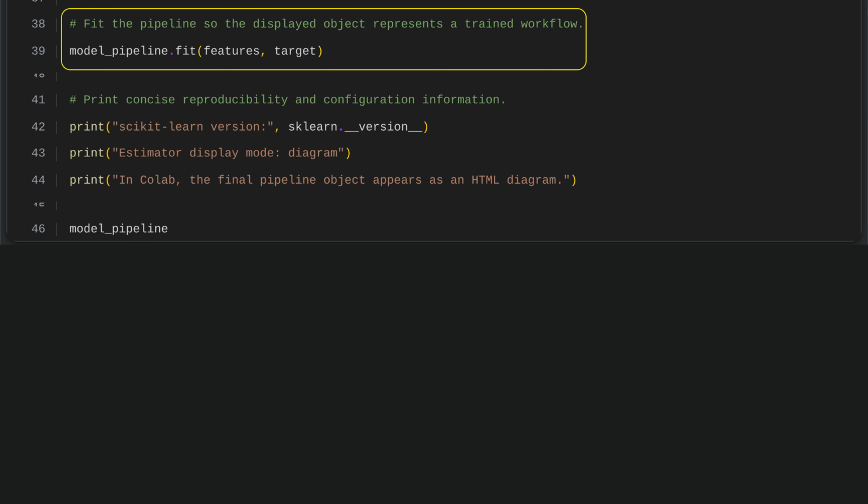Fitting the pipeline trains the model on the iris dataset's features and target values. This lets the pipeline learn the patterns in the data and adjust its parameters for prediction. After fitting, the pipeline becomes a trained workflow that is ready for evaluation, prediction, and display as a trained estimator